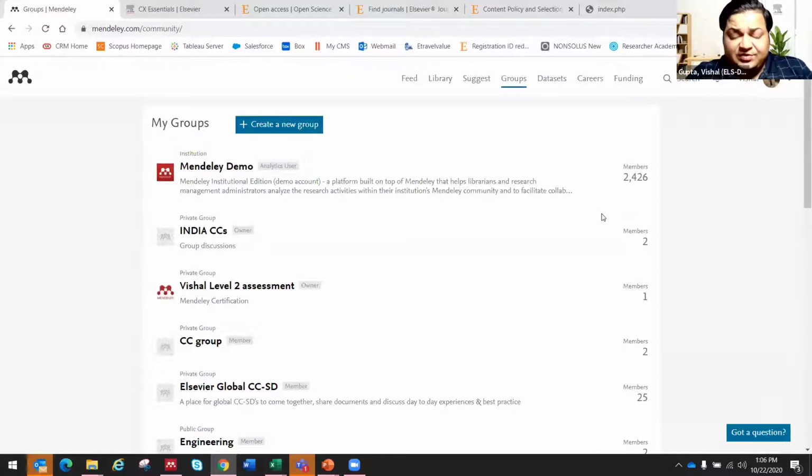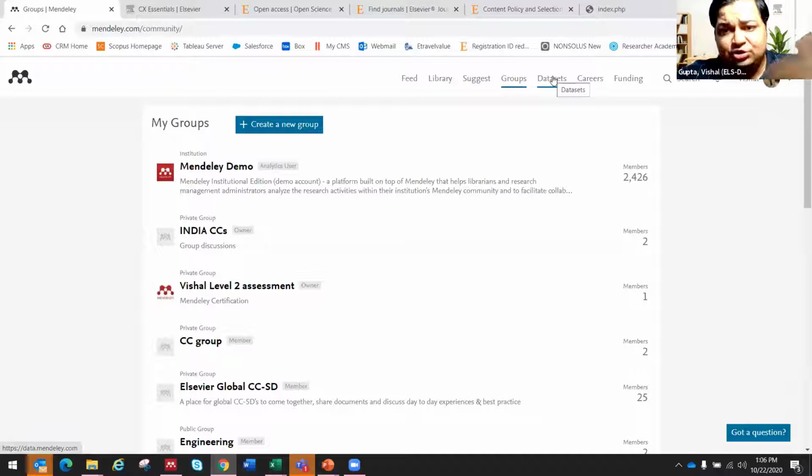So in that group, the main advantage is that you can share full text research articles, right? If you share anything in a group on Mendeley, in an open group, only the abstract of that article or the link of the article will be shared. When you share something in a private group, you can share the full text, the full PDF. And the PDF can be annotated, can be highlighted. You can do as many customizations as possible and then work on the same paper at the same time. I will show you a demo of that also.